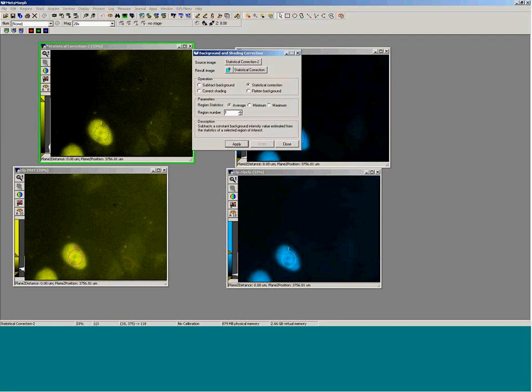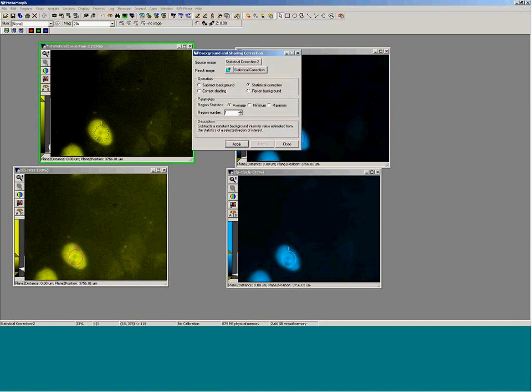If you want to see what it looks like with cells that are not, we go back into our mutant samples here, which means they are not expressing FRET. So this is our YFP, CFP, and FRET image cells. We use the same constant values because these constants are calculated based on the filter set. So as long as we don't change our filters, we can pretty much use the same